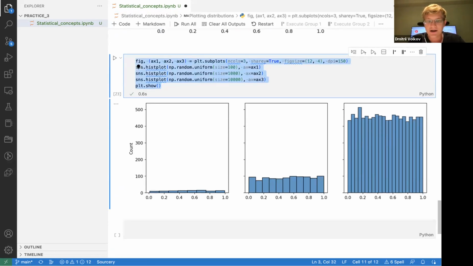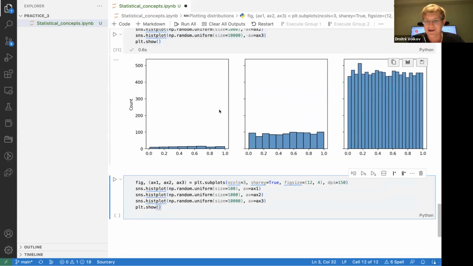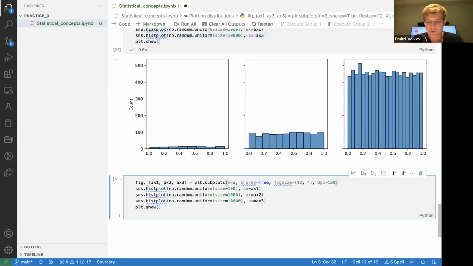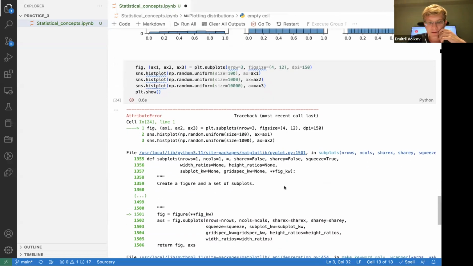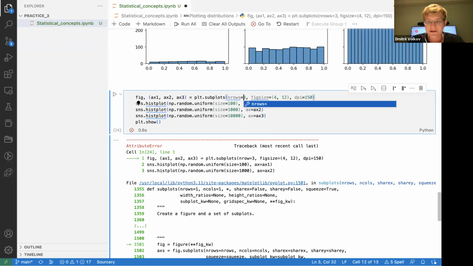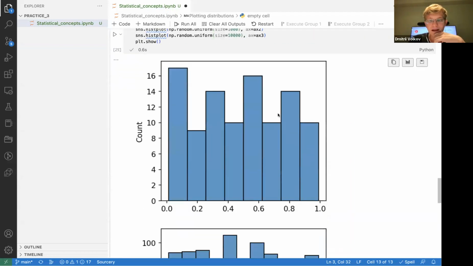Let me demonstrate how I can change this code. Instead of 3 pictures in a row, I will have 3 pictures in a column, for instance. For this purpose, I just change the first parameter, rows, equal to 3. Fig size, let me change it to a different manner. And the share y parameter, I will remove it. Let's see. Oh, sorry, some error. Okay, and rows. Yeah, I made a typo here. Okay, you see,